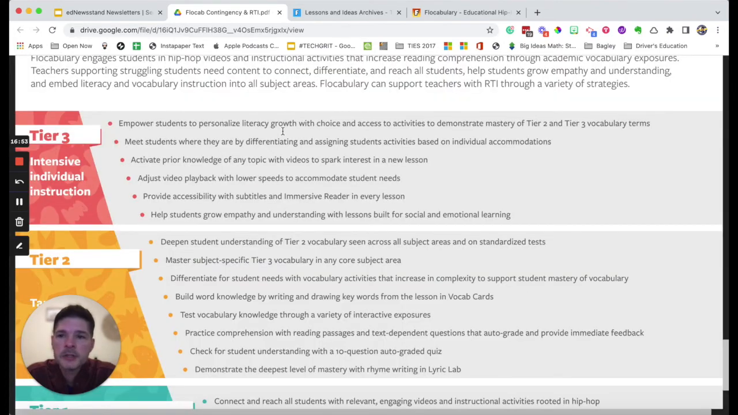You can see up here at tier 3 under intense individual instruction, one of the bullet points says to empower students to personalize literacy growth with choice and access to activities that demonstrate mastery of tier 2 and tier 3 vocabulary terms. They also have adjusted video playback with lower speeds to accommodate students' needs. So many resources within this and how to personalize any individualized instruction that you might need to provide with students